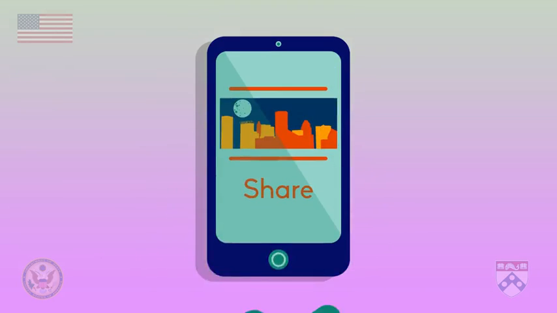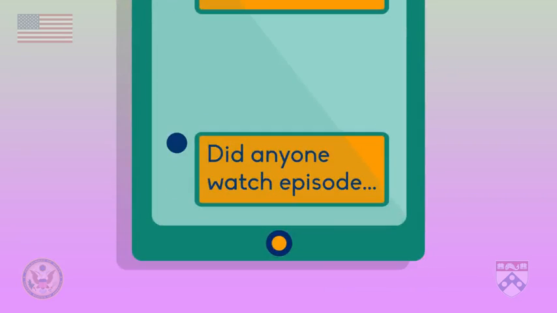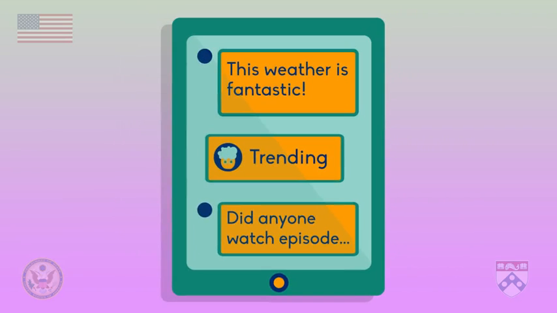Social media messages can be sent directly between users, like when you post on someone's Facebook wall or mention another user in a Twitter post. Other times, though, the messages you see are chosen by social media sites or apps themselves. They may recommend certain messages for you or say that a story is trending, which means that it's becoming popular very quickly. Later in this unit, we'll talk about how the way media is constructed or published might lead to some problems. And we'll talk about how media literacy can help you deal with those problems.